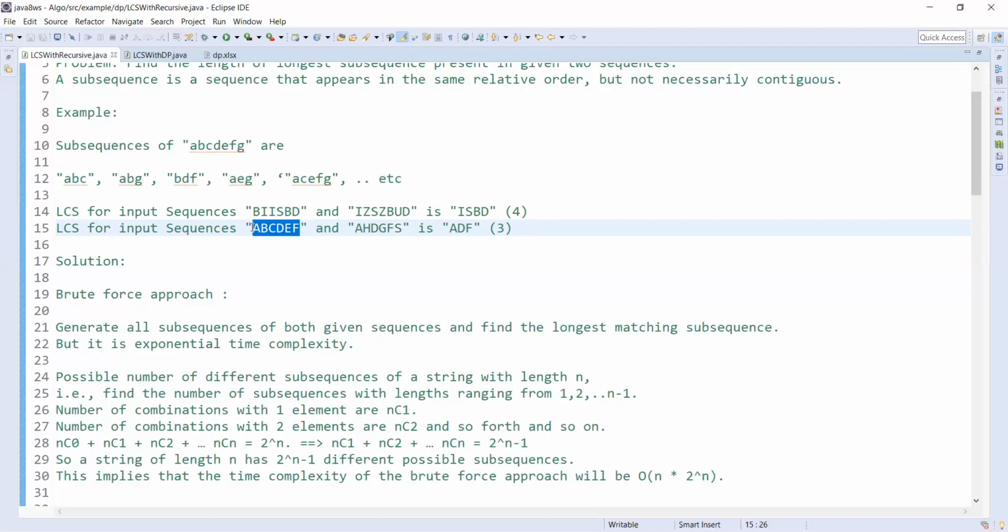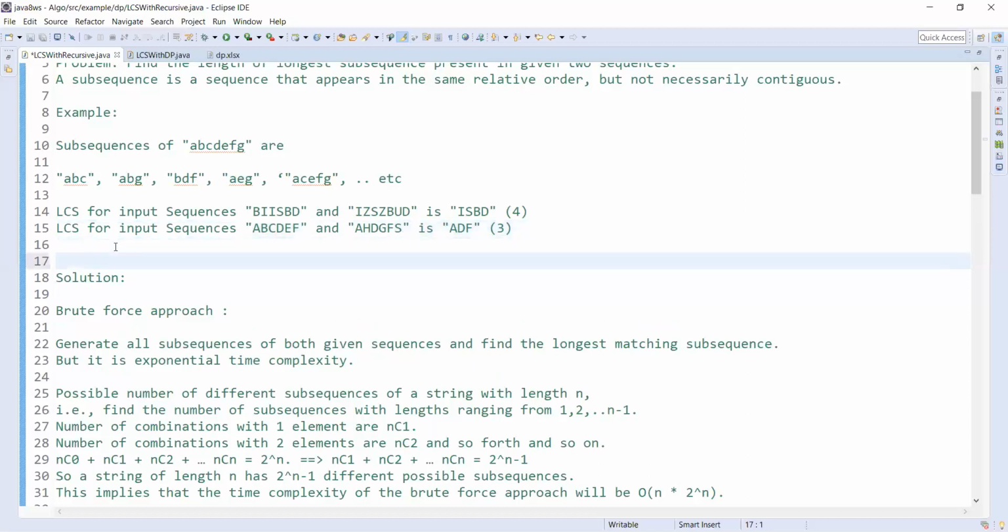If those are not matched, what you have to do is take the whole string from the first sequence, and in the other string, eliminate the last character, and see the length of the common subsequence of these two. Assume that is L1.